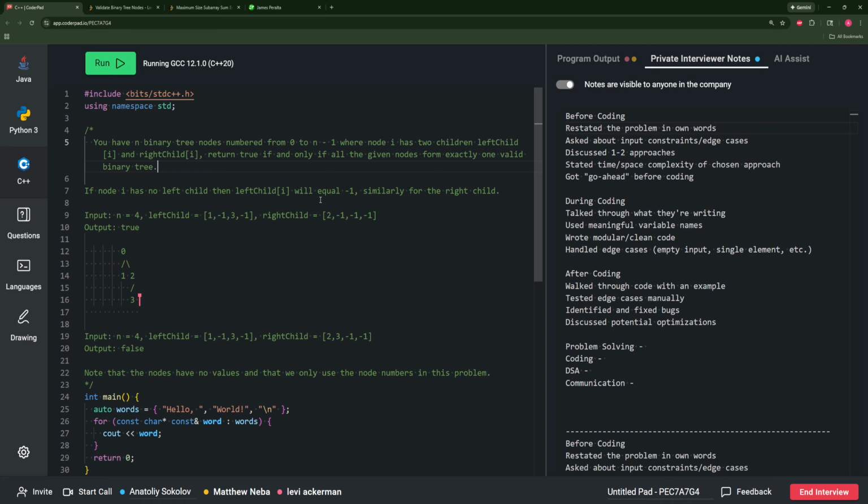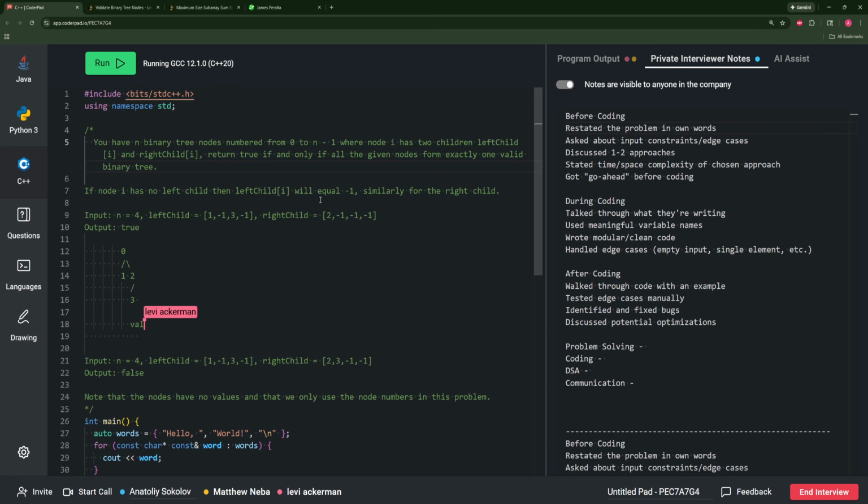I guess there's one other part. So you mentioned no cycles, and every node can have up to two children. There's one more criterion. Can you think of that one? Like it cannot be null, I think. I mean, null is a